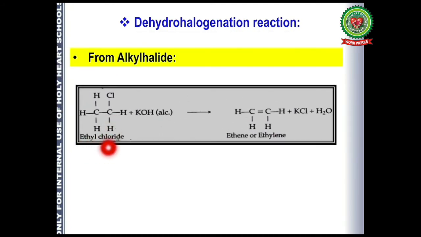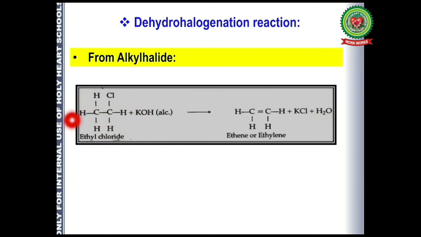Let us take the example of ethyl chloride. You can also do it with ethyl bromide and so on, reacted with KOH, that is alcoholic. We have to be very careful with the solvent, that is, here we are using alcoholic KOH. Now what happens here is K will take up the Cl and form KCl. The OH that is left from KOH will take up 1 hydrogen from the adjacent carbon to which Cl is attached, so it will form a water molecule.